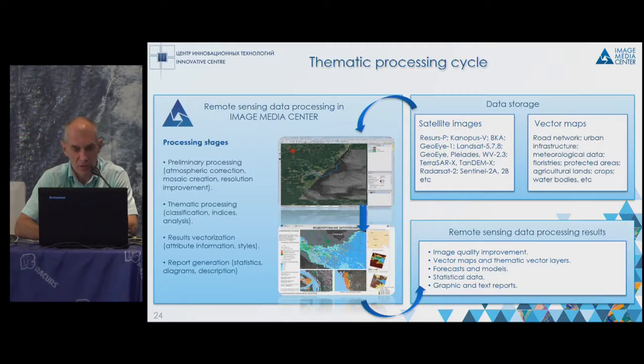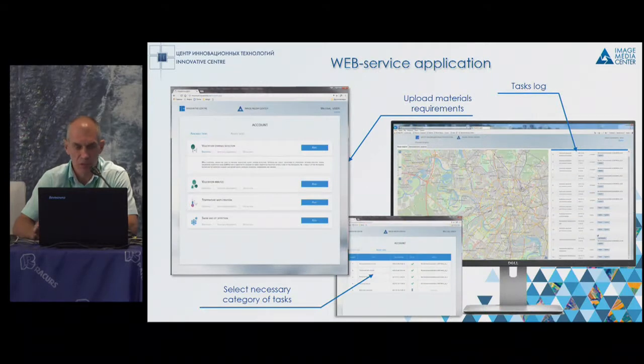With the Russian mapping agency, we use raster and vectors, creating automatic vectorization and report generation. So we can use different basic data. This service is being tested as a pilot for half a year now. And these are screenshots which take 8 seconds to analyze.